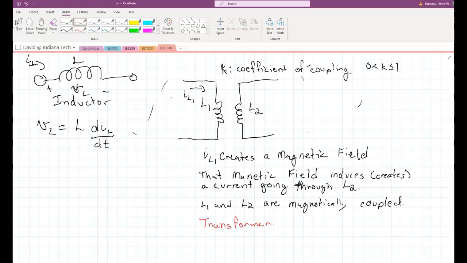And I will give you a little bit of an application of transformers. Many of you probably have wireless cell phone chargers, or at least you know what they are. Wireless cell phone chargers work using a transformer. Basically, you have an inductor in your phone, and you have an inductor that, because it's usually circular,